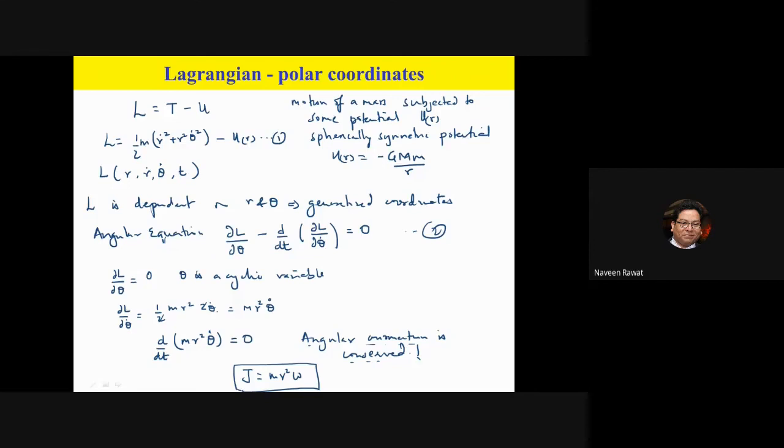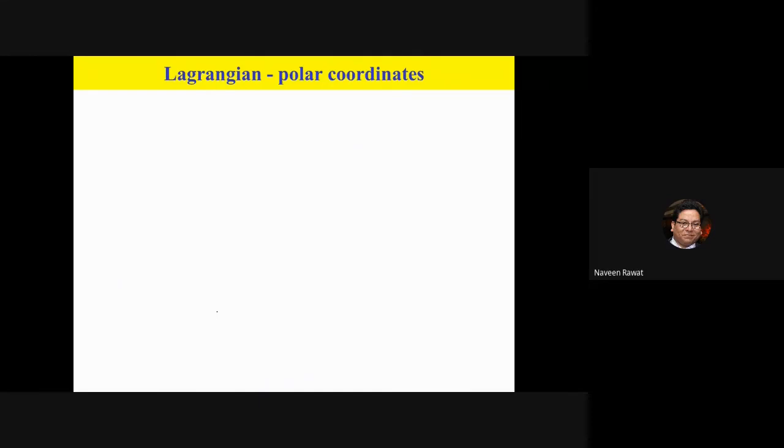In polar coordinates. All right, the next time we are going to use the same Lagrangian formulation, but now we are going to use the radial equation. The radial equation is going to be something like this: you take the derivative with respect to r, and you will have another term, d by dt of dL by dr dot, which will be equal to 0, and that will be your radial equation. We'll try to solve this radial equation and see what effect we get, and we'll get some other interesting fact of how the system is behaving.